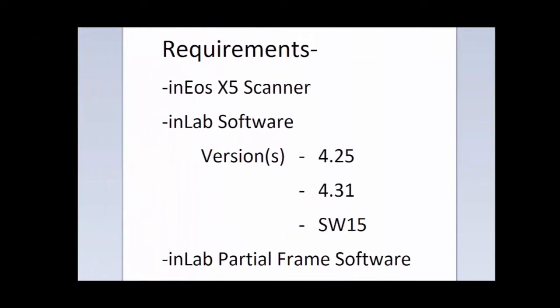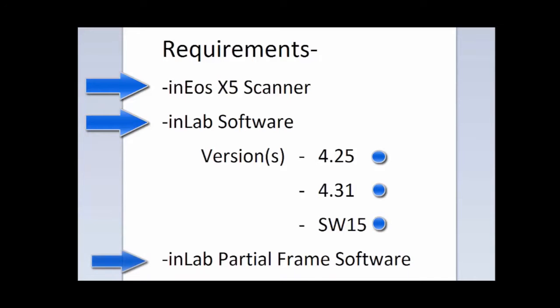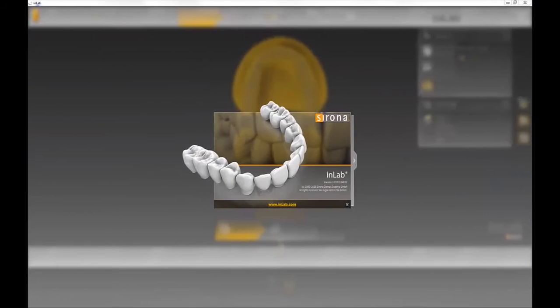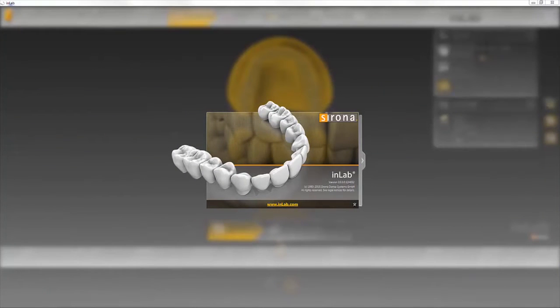Let's start off by talking about some of the requirements to run the IPF software. First of all, you need to have the INEOS X5 Intelligence Scanner, along with the inLab software version 4.25, 4.31, or software 15. Also a copy of the inLab Partial Framework and all the required licenses. So we have to start off by scanning into the inLab software, and then we can export it over. So let's open our inLab software,